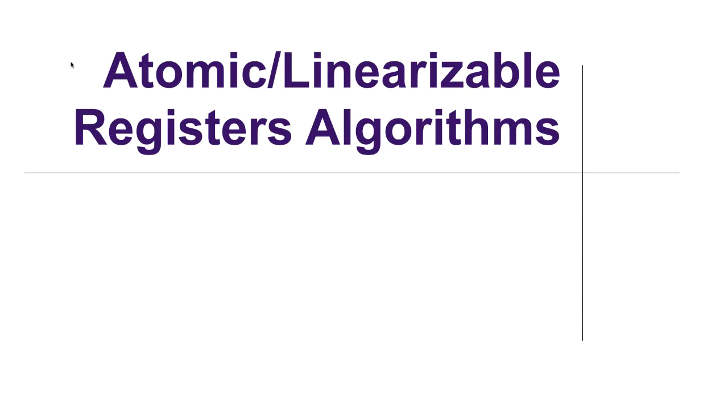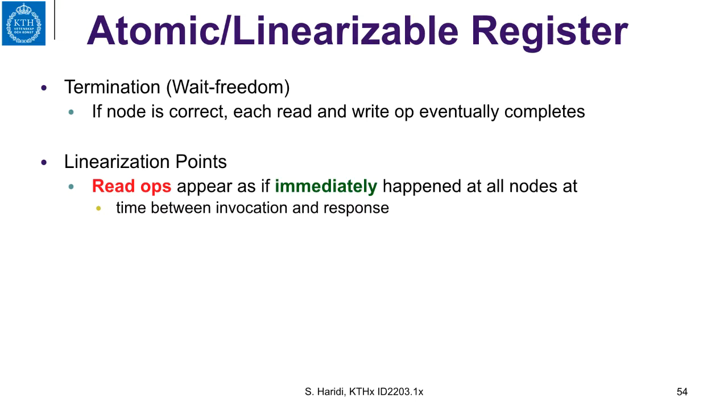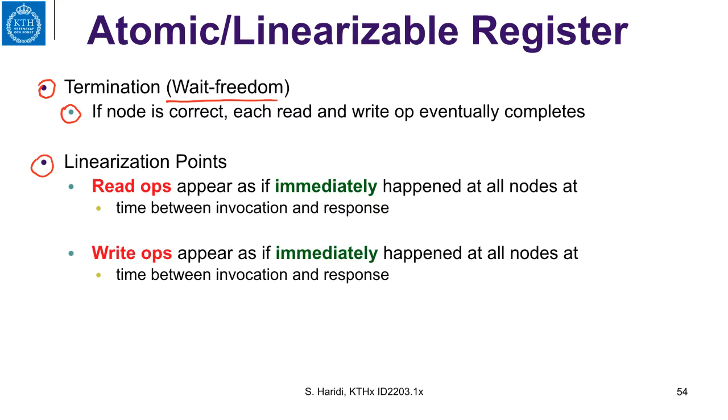We now move to algorithms for linearizable registers. We will just review the definition of linearizable registers quickly. Our termination is wait-free, which means if a node is correct, each read and write operation will eventually complete. And then we have linearization points. In a linearizable execution we have: